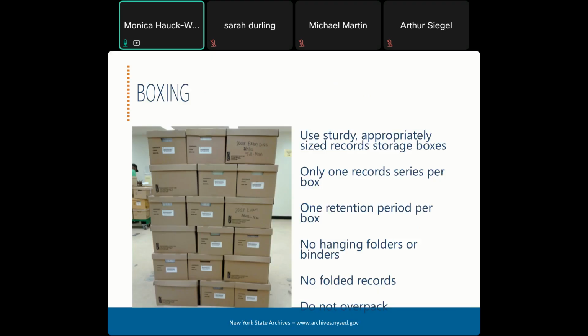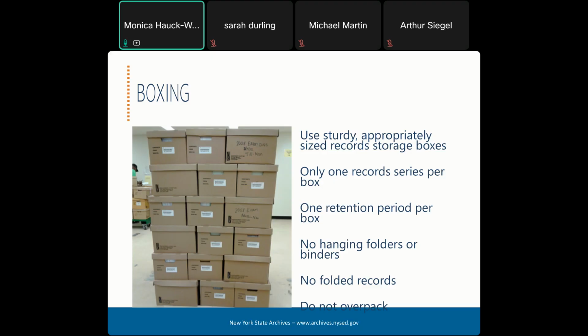When selecting boxes, it's worth paying for the good boxes. This is not where you try to save money. And by good boxes, I mean sturdy boxes. Boxes that are made with double-walled cardboard that aren't going to distend over time due to the weight of the records or whose handles are going to rip out when you pick up the box. And you don't want the boxes that rip when you put them together. I have dealt with these boxes. It's really worth paying the extra portion of $1 per box to get the good boxes.